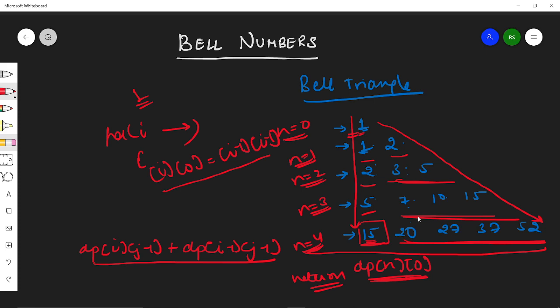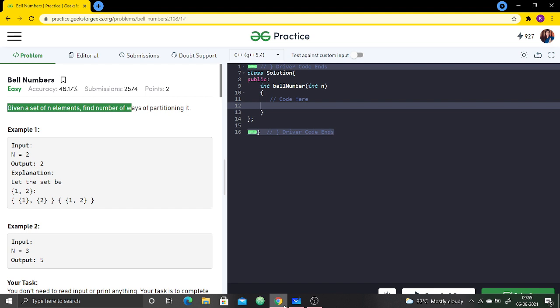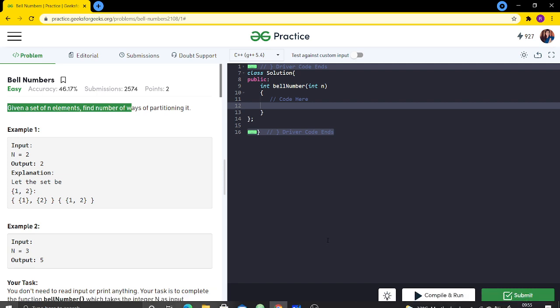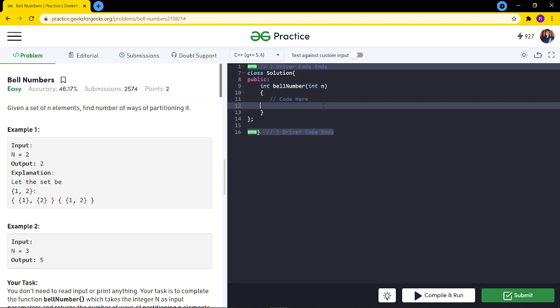So let us try to code it. First of all we have to make a DP.